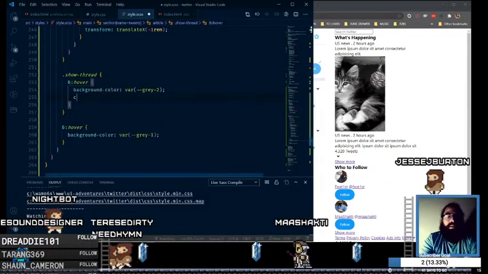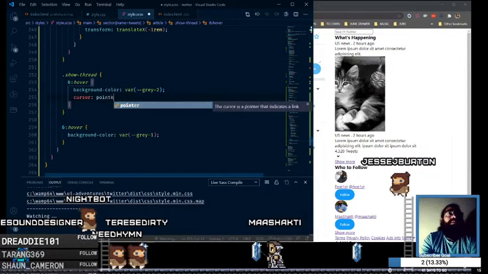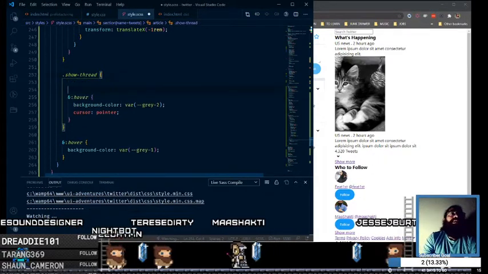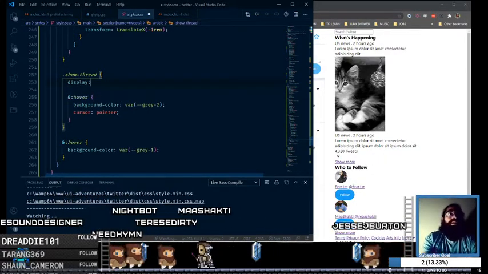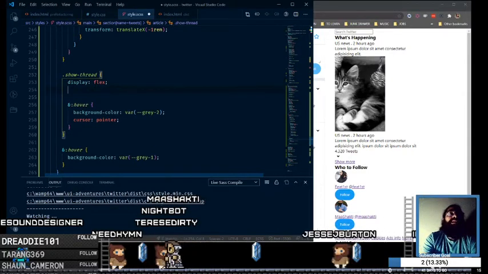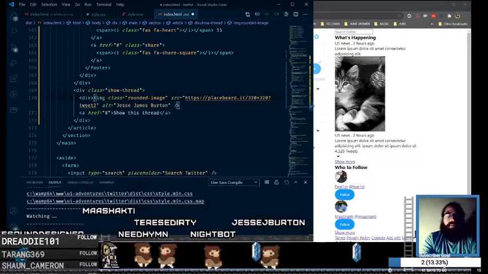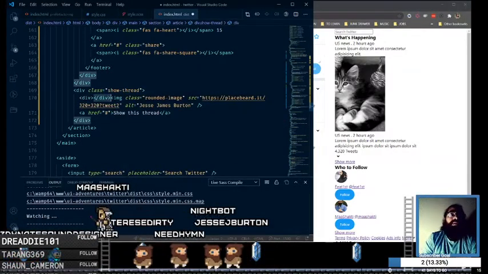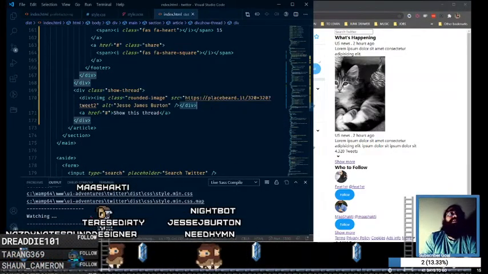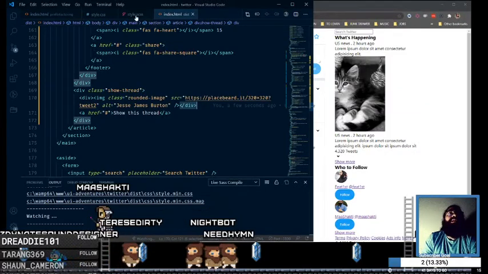It's going to have a cursor of pointer. It's going to be display flex, and we can do the same thing where we put that into a there,